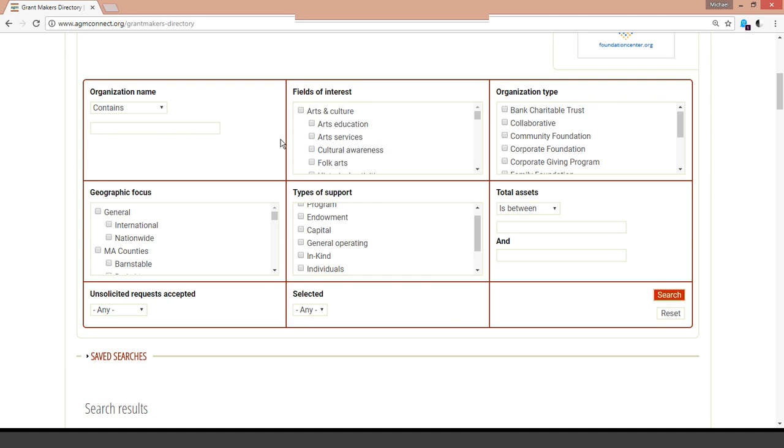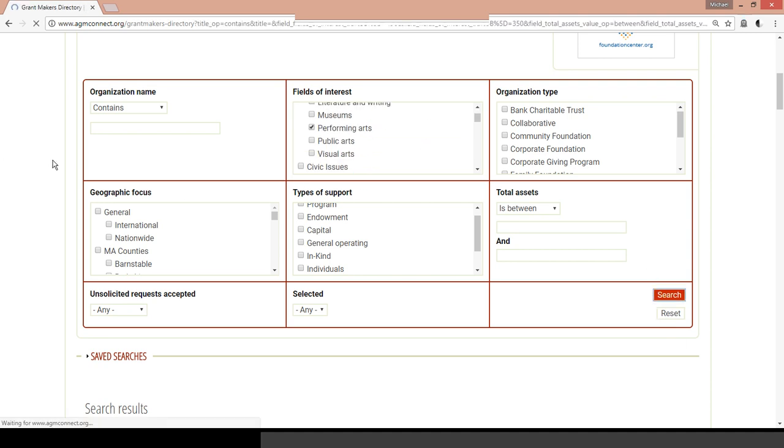For this, the two we really want to focus on are geographic focus, which we've already done for Massachusetts and New Hampshire, and fields of interest. So using Springfield Children's Theater as our sample, we might want to go here under arts and culture. There are a few subcategories. Performing arts would be about where theater is going to be. Arts education might be included. I might include some other ones. If I wanted to, I could go into education, but that's much more of a broad category, so I would probably want to start more focused with these two, and then I can narrow down at a later time. So I'm going to hit search